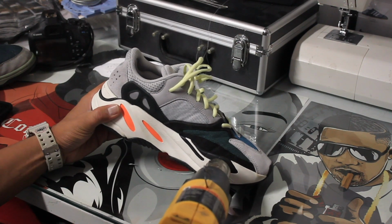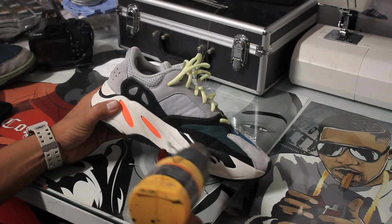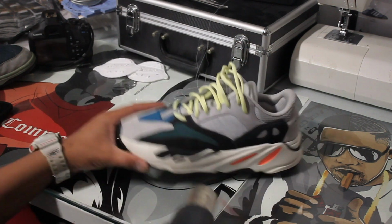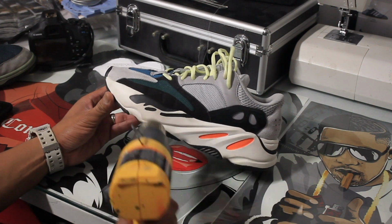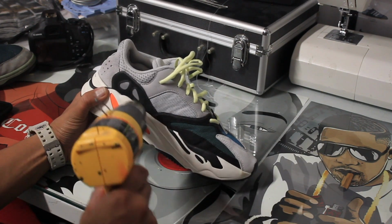So all you need is a heat gun. You're gonna run it around back and forth. You don't want to stay in one spot, because if you stay in one spot, the glue is gonna heat up too much, and your sole will separate. So just run it back and forth, rotating the whole shoe, getting all the parts, and you should see a